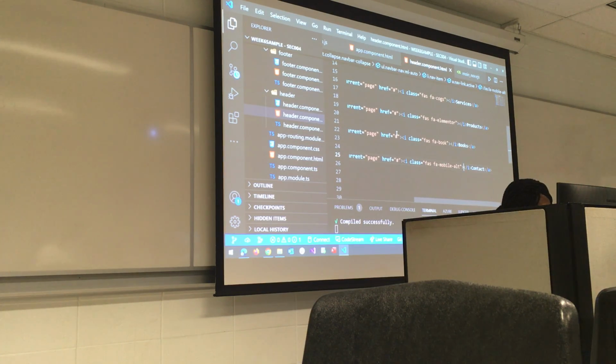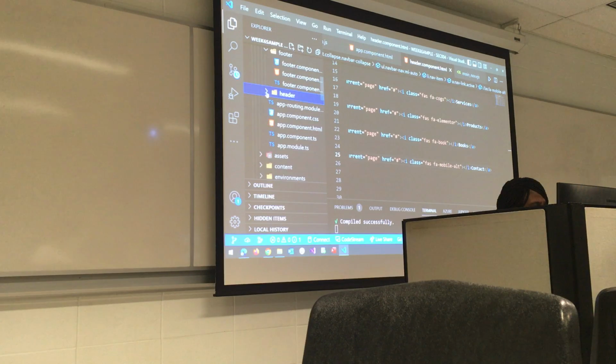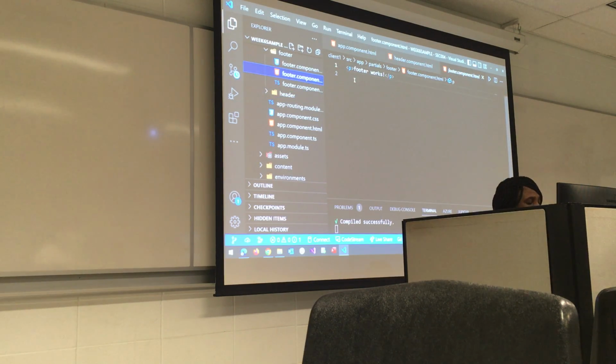Right, so let's create the footer now. So let's go to the footer component.html. Remember we have the header and the footer. In the footer component.html, we are still seeing footer works, but we want to add the right footer.